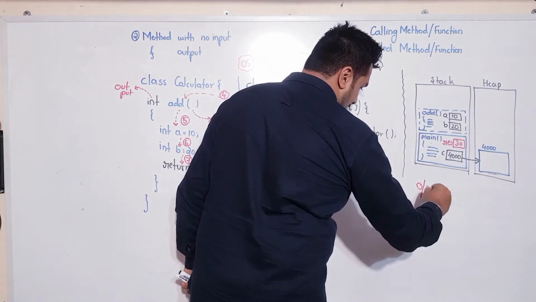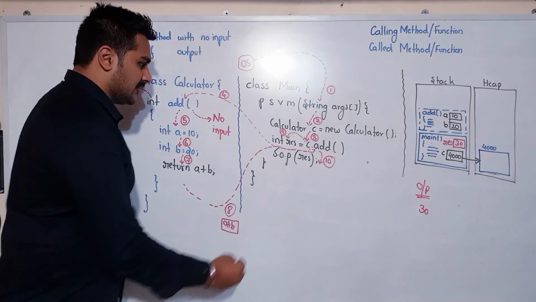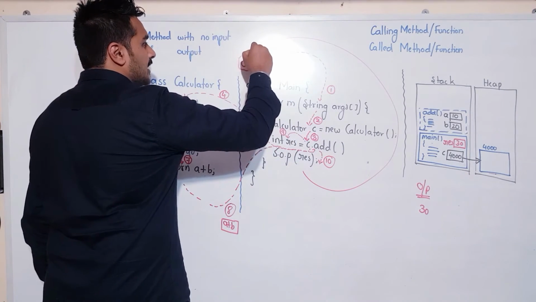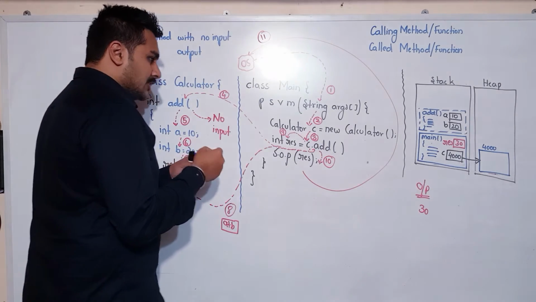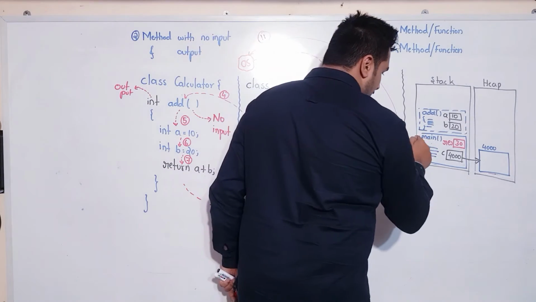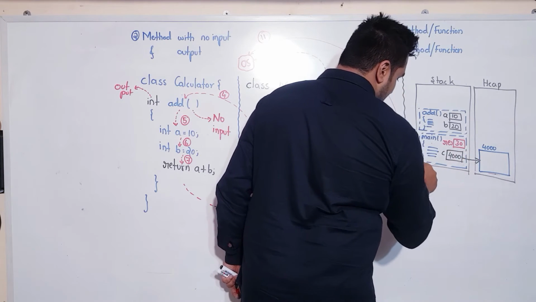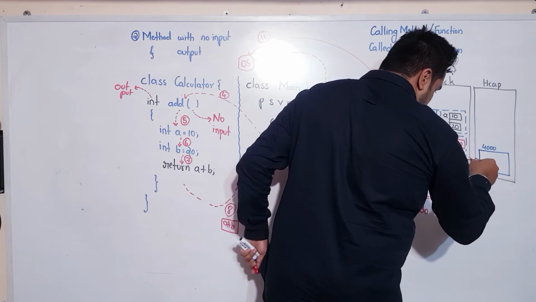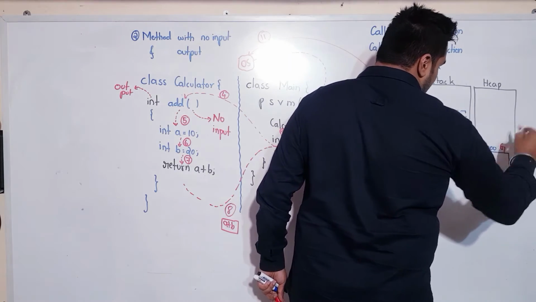The output happens to be what? 30 itself. After which, you're going to return back the control to your operating system in step number 11. So once the control is returned back to the operating system, the main function is going to get its memory deallocated, and this handle which was pointing to your object is no longer pointing, and this is going to become your garbage.